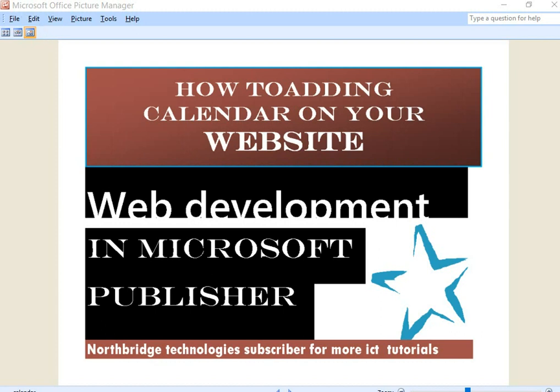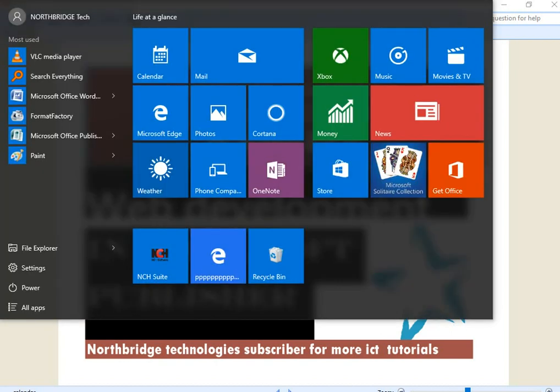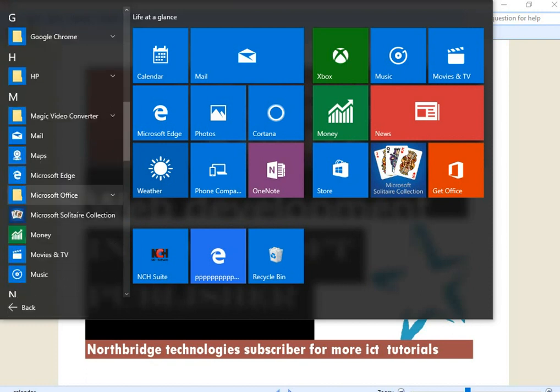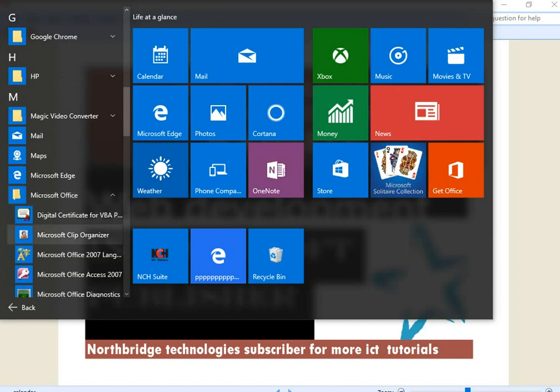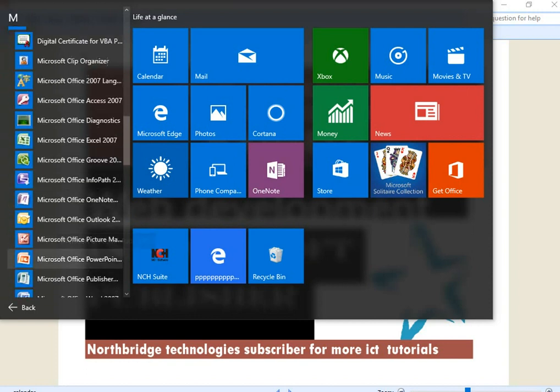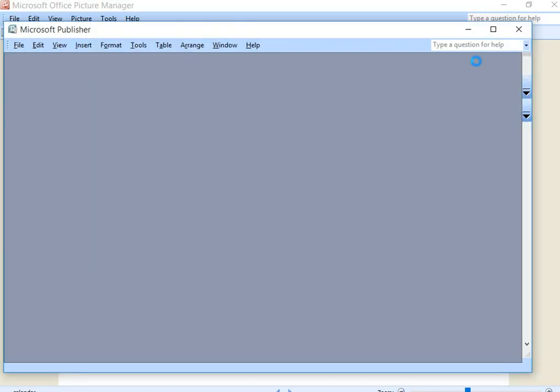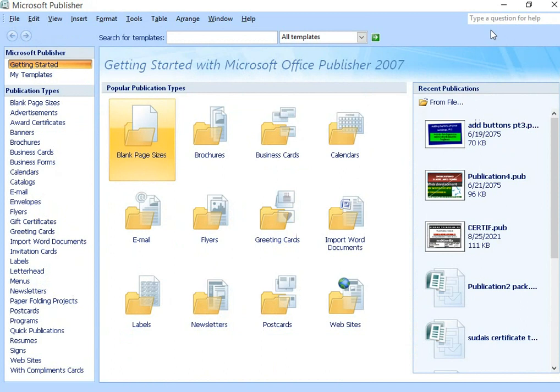So let's go straight to the application, which is under All Apps, in All Programs. Then under this you come to Microsoft Office, which is the host of Microsoft Publisher. Then we go to the page which is under the templates. We can go straight into the folder of websites. Under websites,